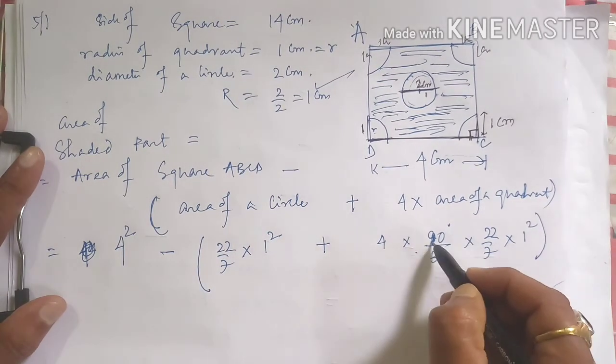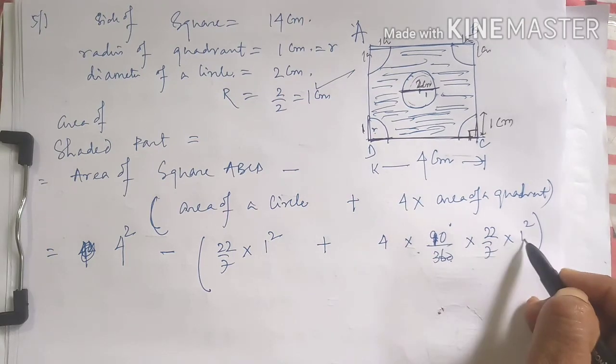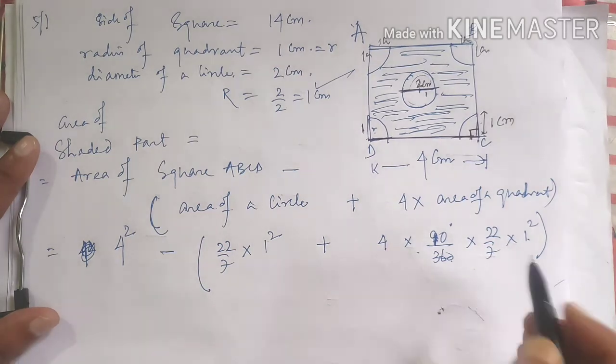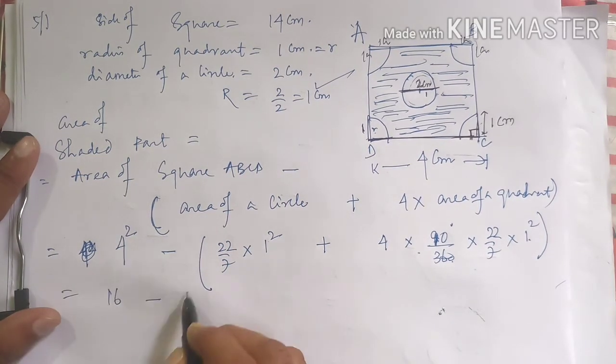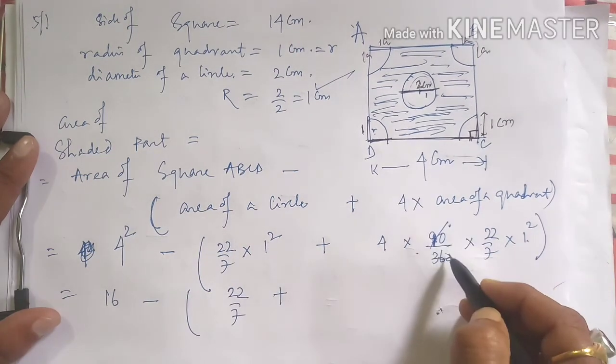Are you confused? Here I am writing theta is 90 degree, 90 by 360 into pi r square, r also 1 here, and as there are 4 quadrants, 4 multiplied there. 16 minus 22 by 7 plus